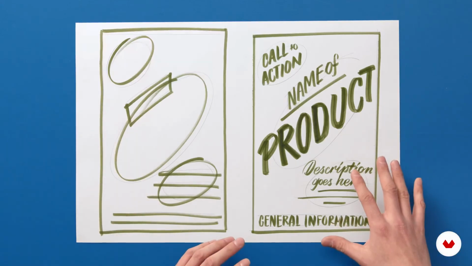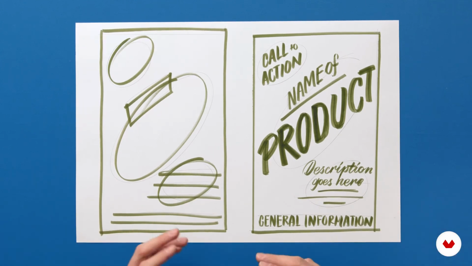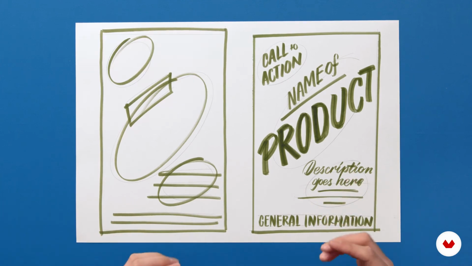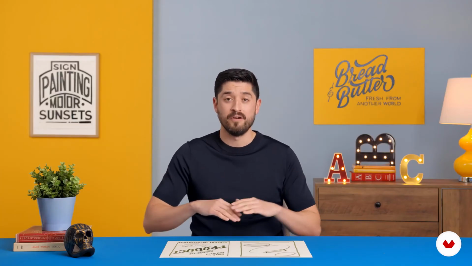In this example, we're also treating hierarchy with scale. So the name of the product will go bigger, and that is apart from the shape or the color of the text itself. Or if some of the other elements are smaller, then it's implicit that the hierarchy is lower on those. Think of that when you're making decisions in terms of your composition.